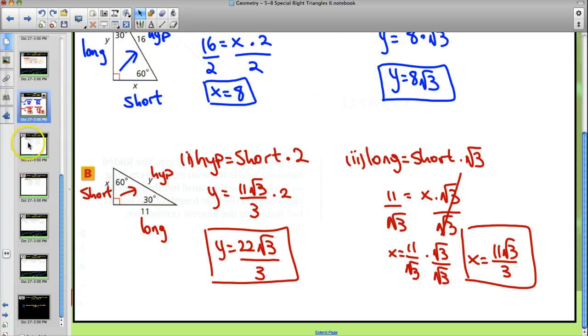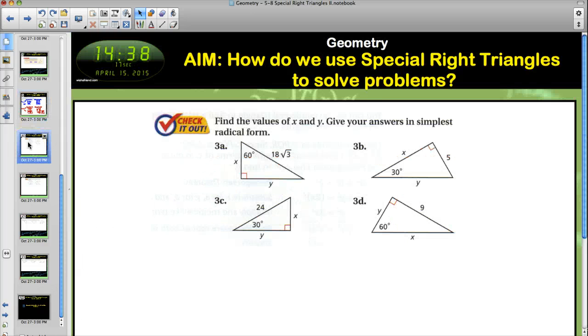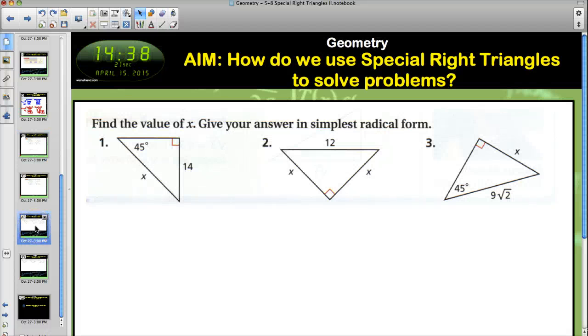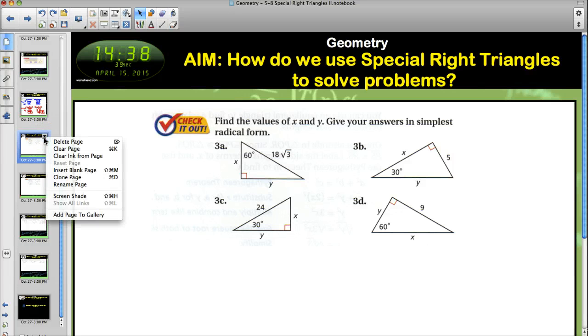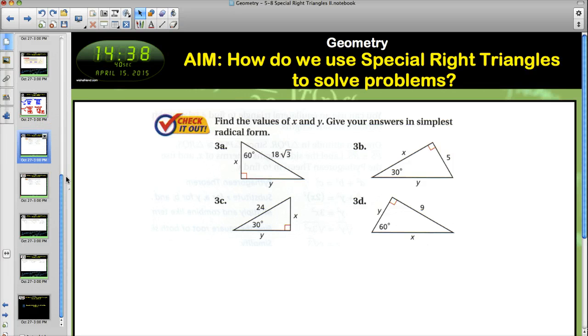So let's take a look at a couple of problems. I'll do them all. So I encourage you once again to do these problems before looking at the answers and then just checking in with the answers as I put them up. So 3A, let's make a slide for each one of these problems. So 3A, we have